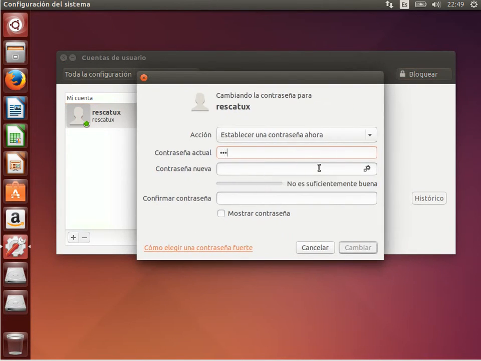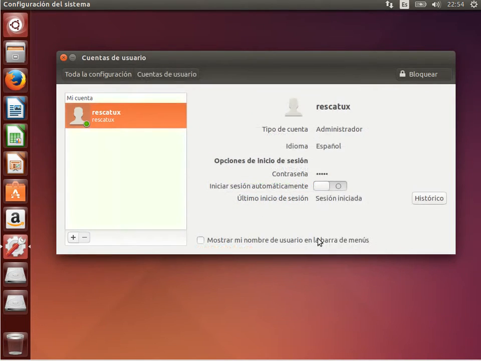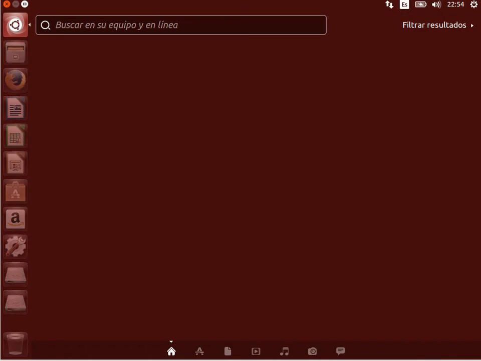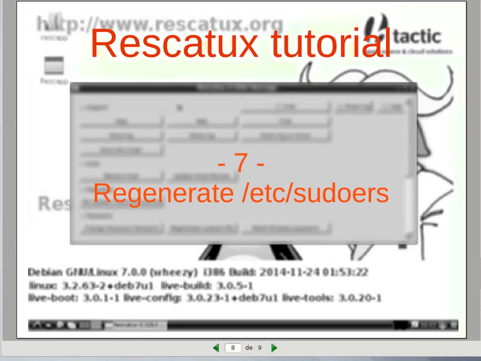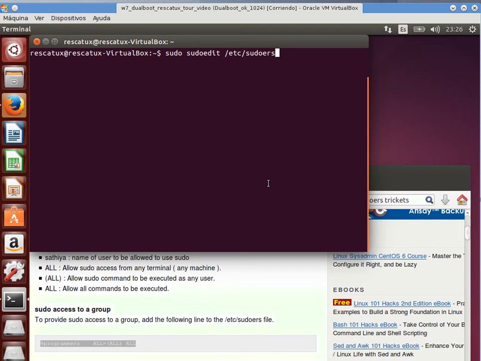Put my new password. Okay, well, that's it. How to regenerate sudoers file. So now we are going to edit /etc/sudoers